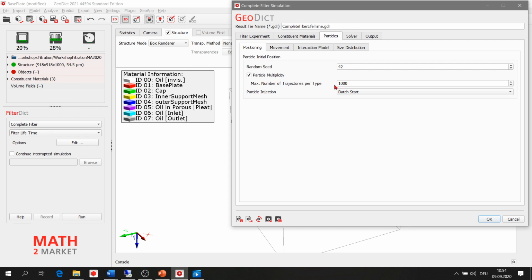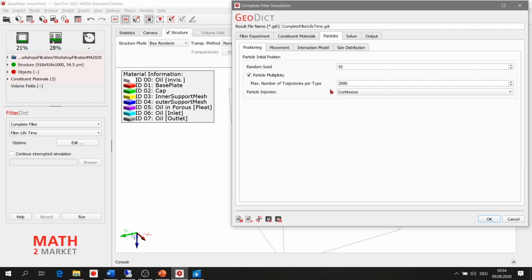Then each particle will represent 100 or 1,000 particles, and by multiplying with this number, you get the real number of particles. So for this study, I selected the maximum number of trajectories per type as 2000, and I also used particle injection as continuous instead of batch start, which means it injects the particles continuously over all batches.